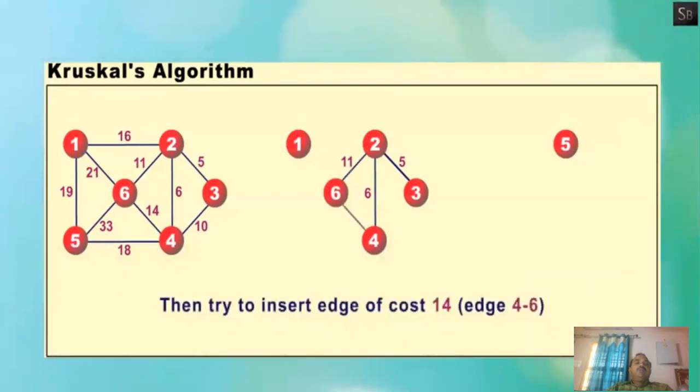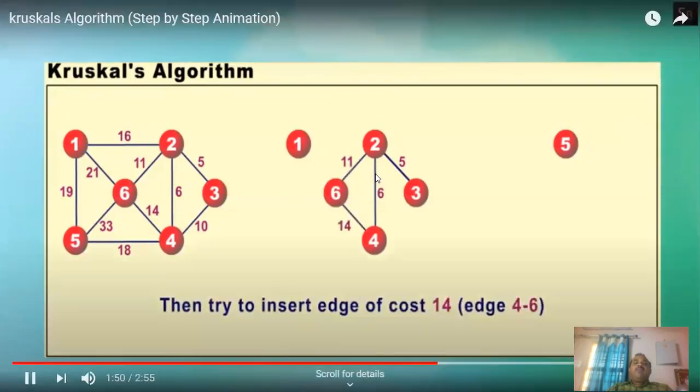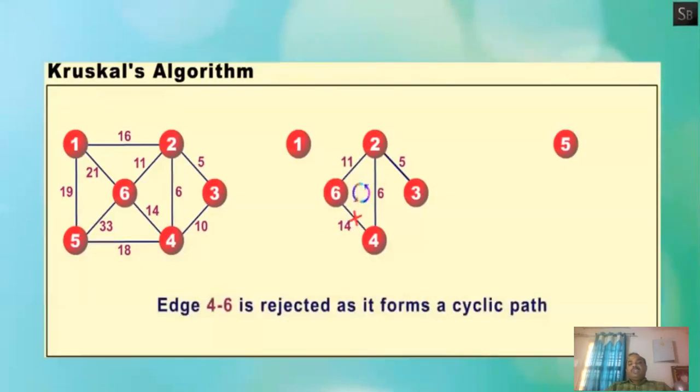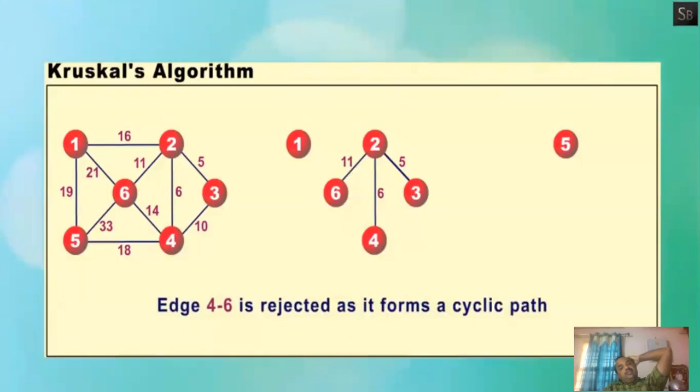Next one is the 14. But it creates a cyclic form. Then reject it. 14 is rejected. 4 to 6 is rejected as it forms a cyclic form. Clear? Yes. Next one is,